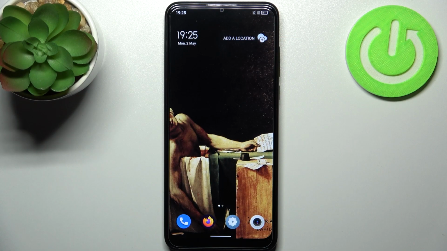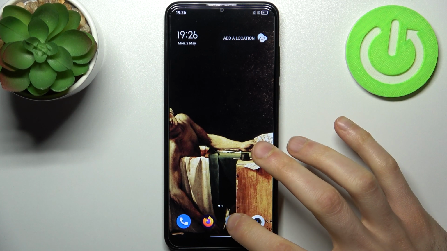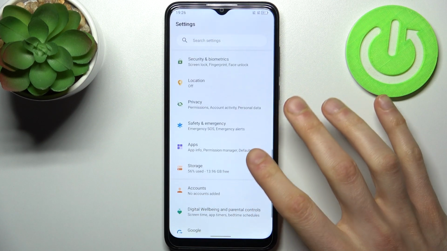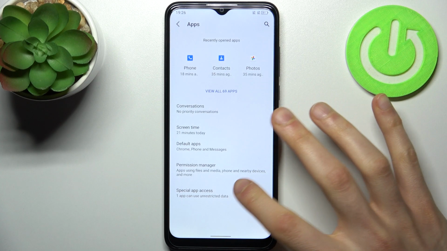I have TCL 306, and today I'm going to show you how to enable installation from unknown sources on this device. So firstly you have to open Settings, then go to the Apps section, then go to the Special